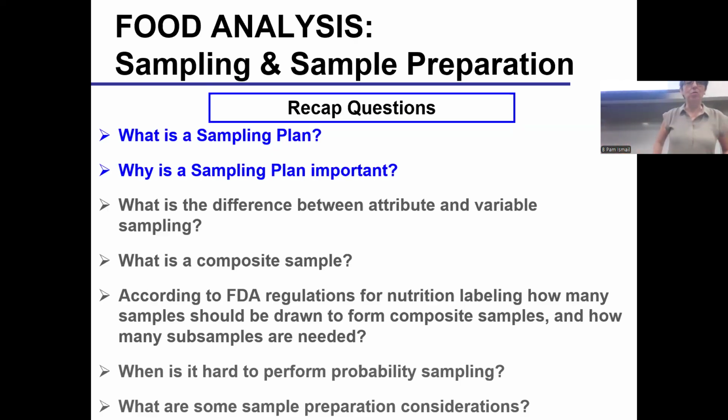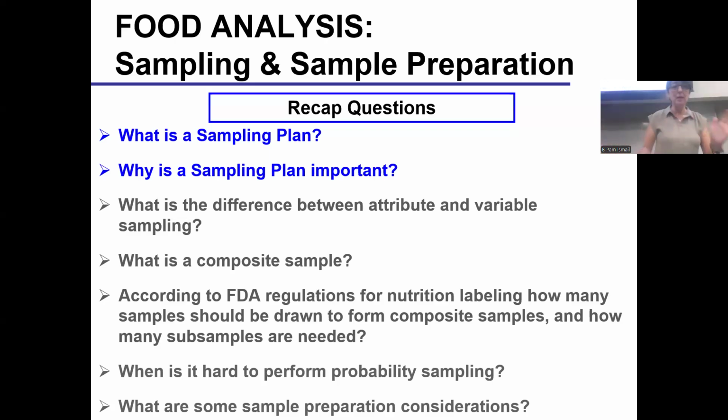Okay. So what is a sampling plan? Do you remember when we talked about it last time? What does it mean when you hear sampling plan, or what can be part of a sampling plan? Emma: it starts with how to gather samples. Yes, you start with how to plan to gather samples. What else should a sampling plan include? How to gather it, that's one, but what else do you want to determine? Yes, Mary: sample size. How many samples I need to take so that I have enough representative samples of